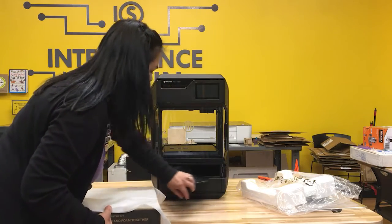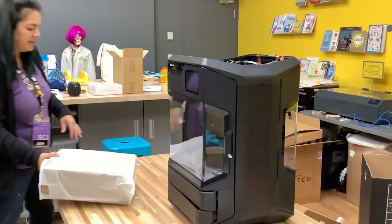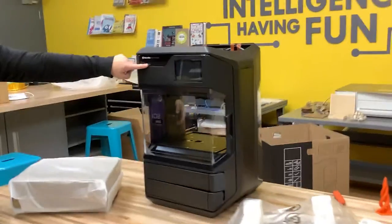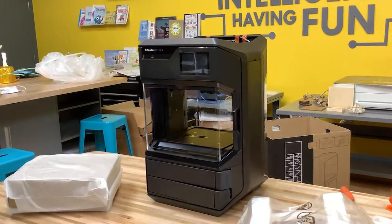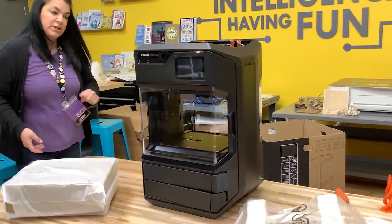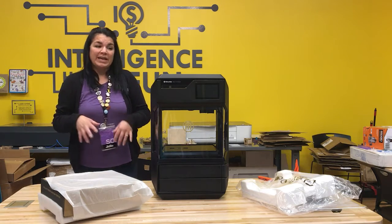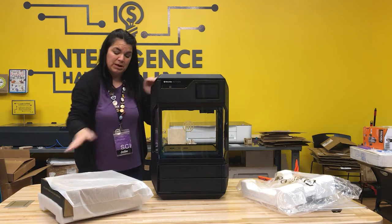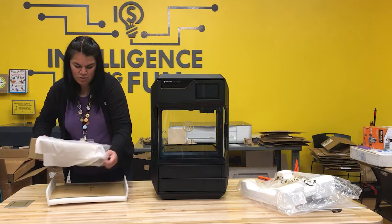Again, here are our drawers for our filament. This is the display that will tell us what's happening inside of the printer. This is a port right here for USB. So we could take a file that's on a USB and put that in there directly and print from there. But these printers have the ability to be connected by Bluetooth. So on our computer, we could design it and just send it to the MakerBot printer and have it printed out. Okay, so in this starter kit, I'm assuming we're gonna find some more filament,